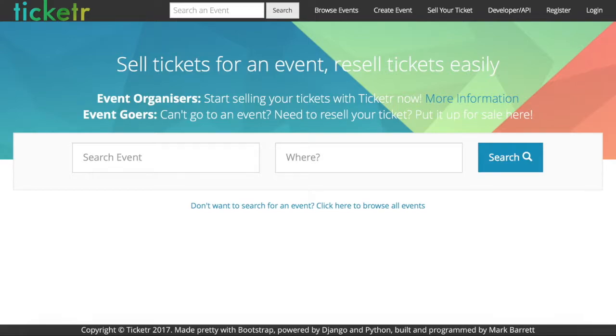The ability to resell the ticket is decided by the event organizer. He or she can choose when the event goer can resell their ticket or after how long, just in case they don't want that sort of thing to happen. So it still provides them a platform where they can buy and sell tickets. Even if the event organizer doesn't want people to resell tickets, that's fine.